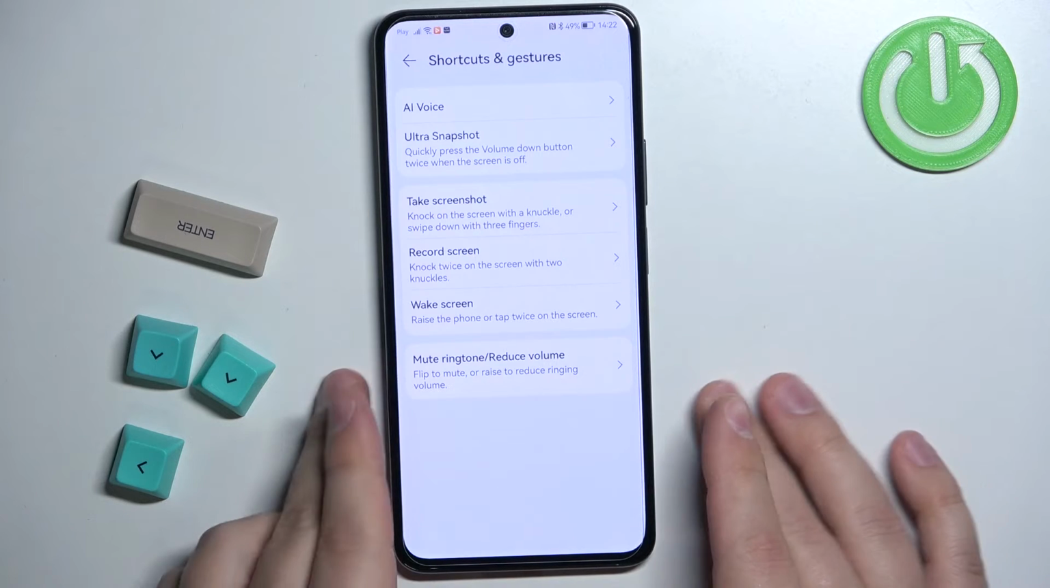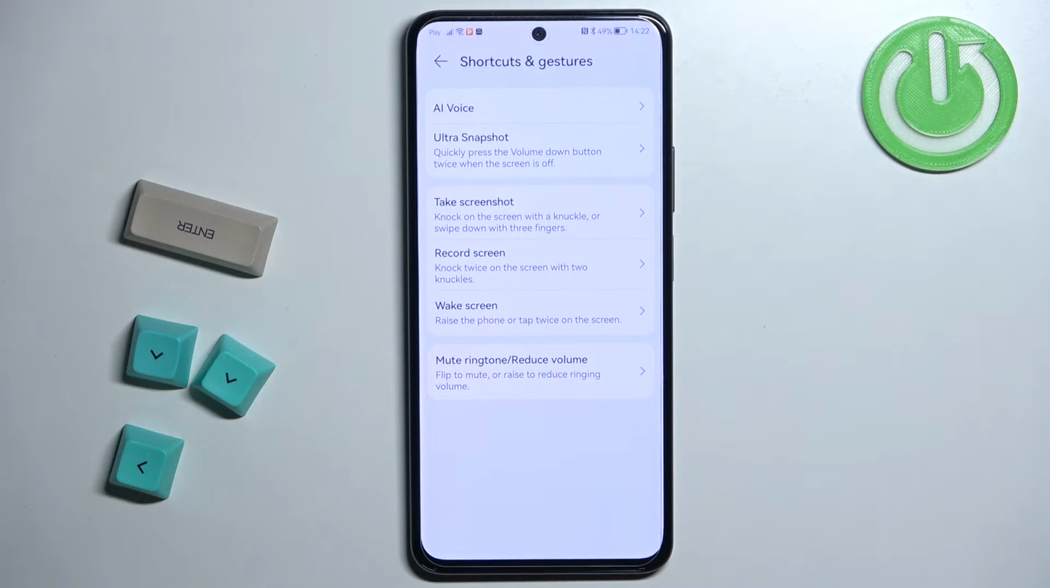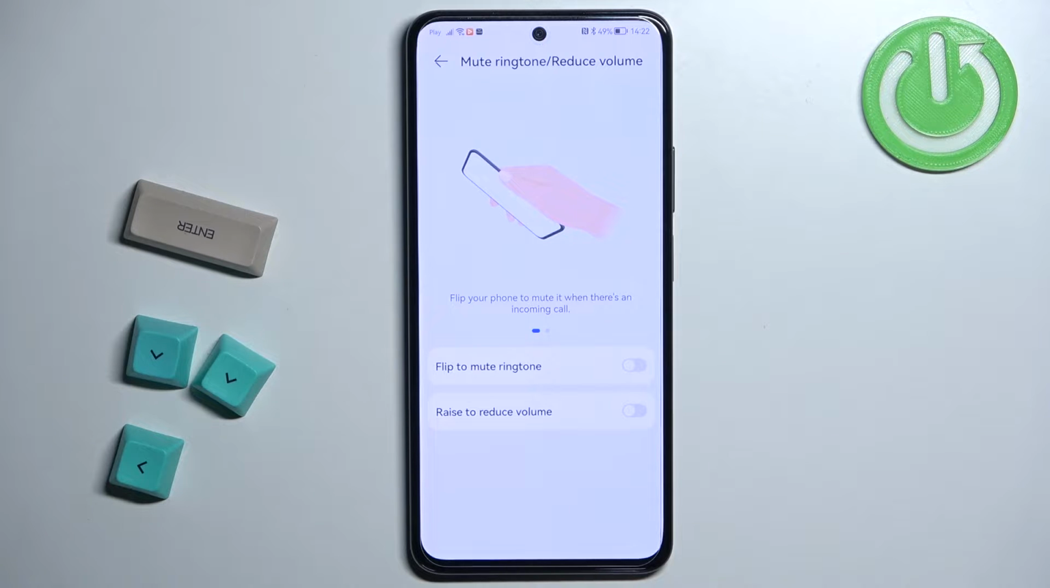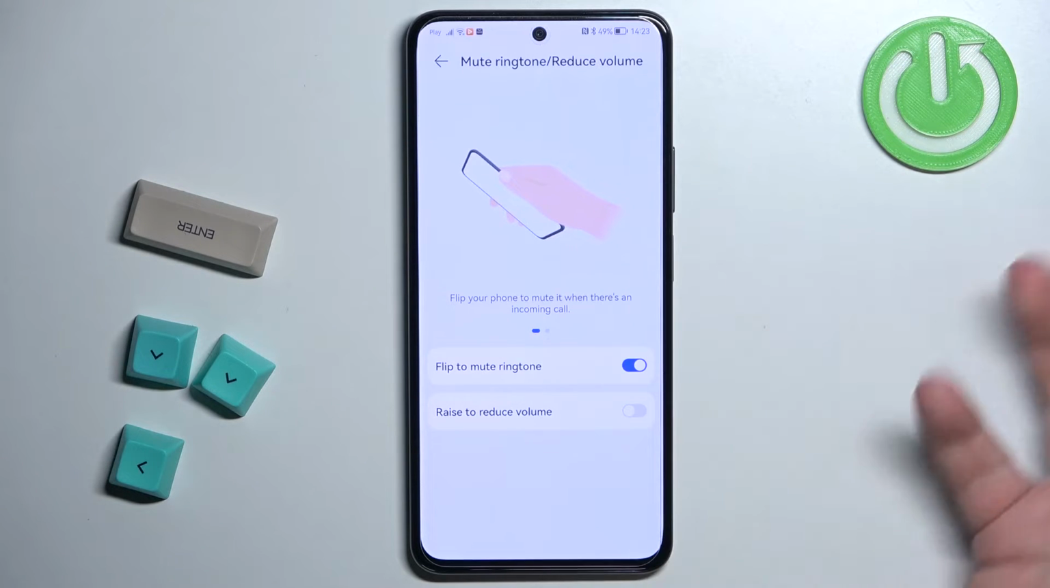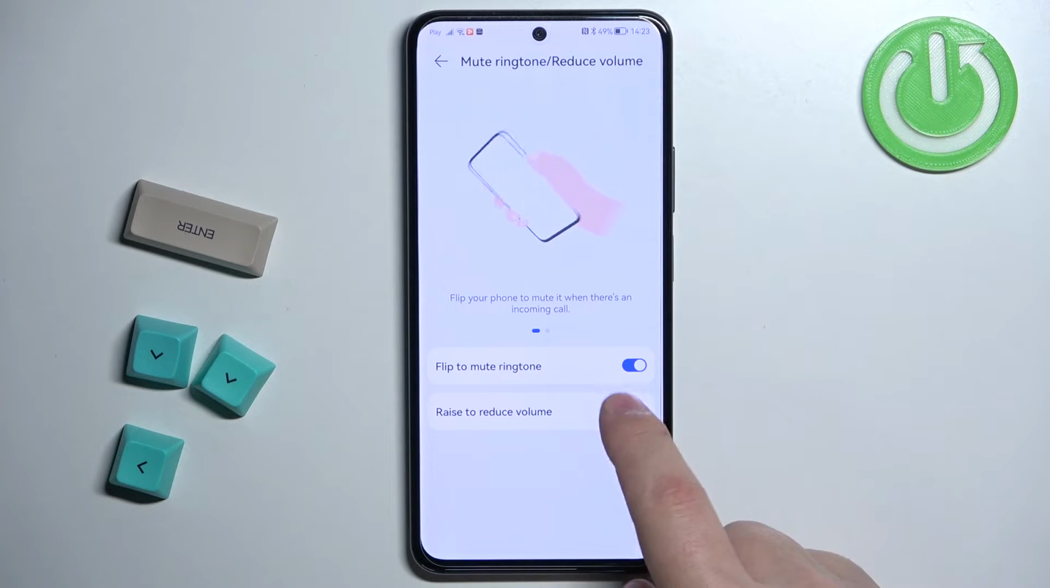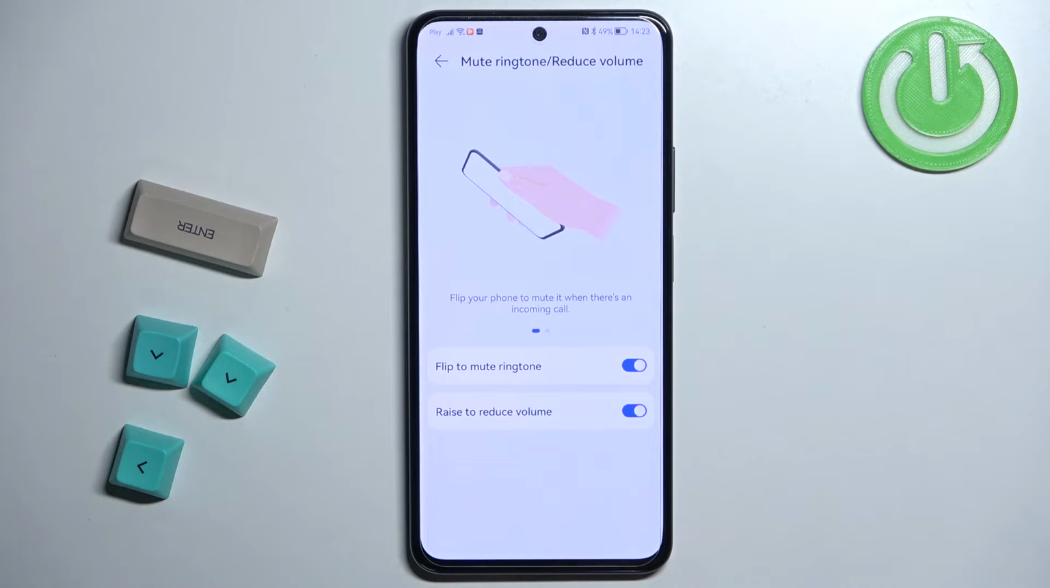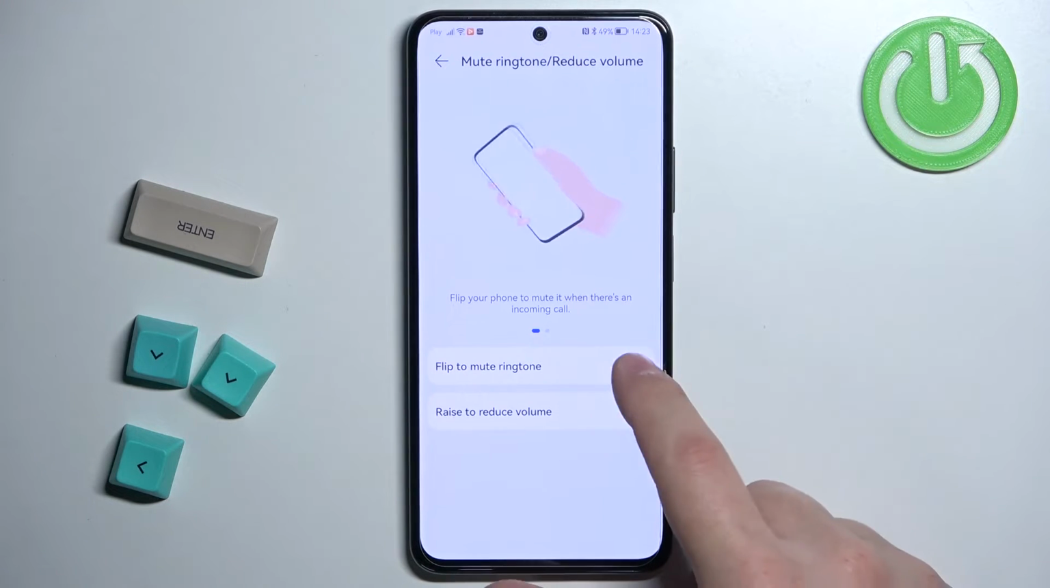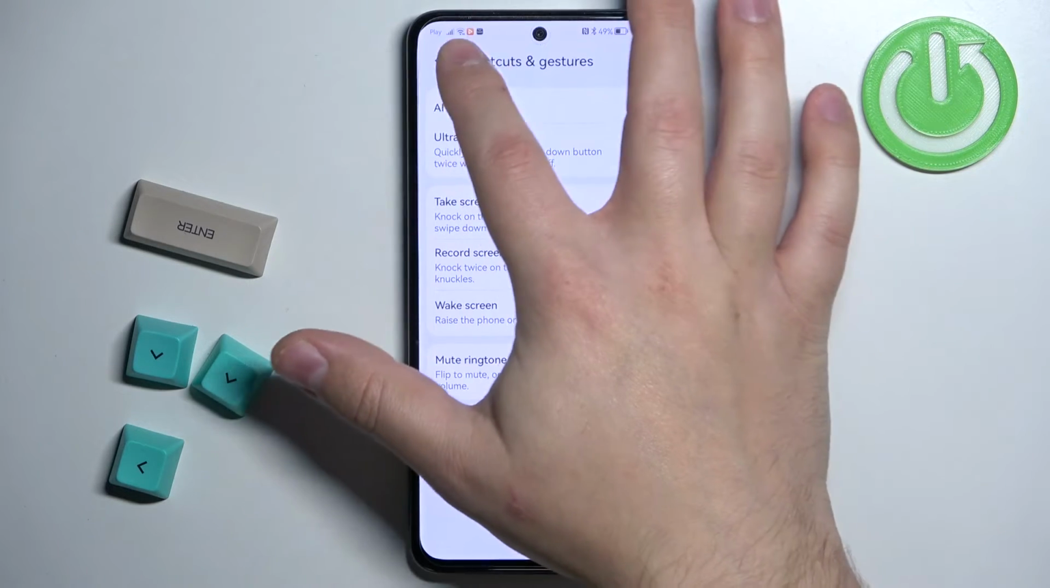And below wake screen, we have the option called mute ringtone reduce volume. So tap on it, and here we can enable or disable two features: flip to mute ringtone and rise to reduce volume. If you enable flip to mute ringtone and somebody is calling you, you can quickly mute the ringtone by rotating the phone face down, like on the animation, like this. And if you enable rise to reduce volume, basically you can rise your phone like we did with the wake up feature, and it's gonna reduce the volume of the call. Okay, let's go back to the